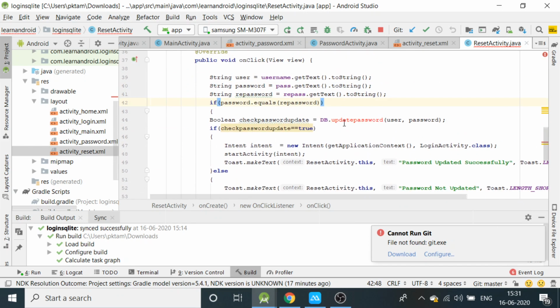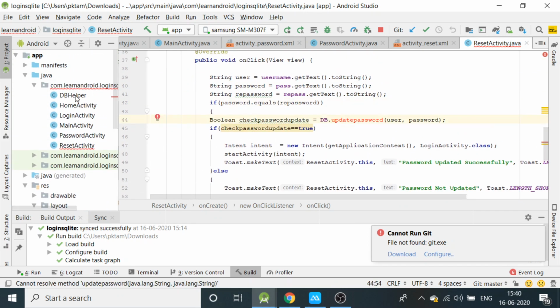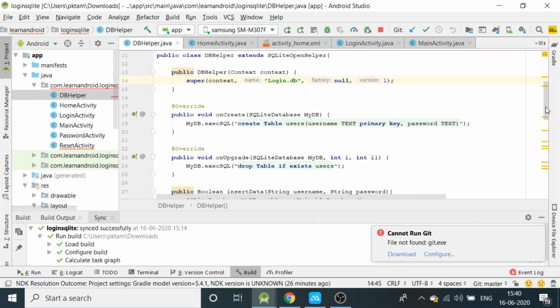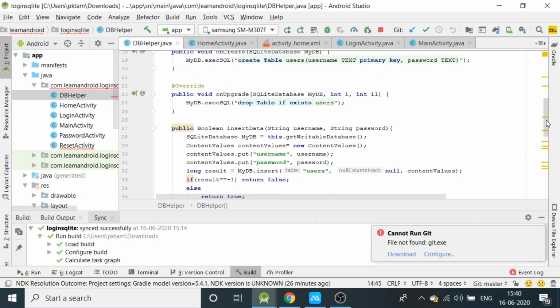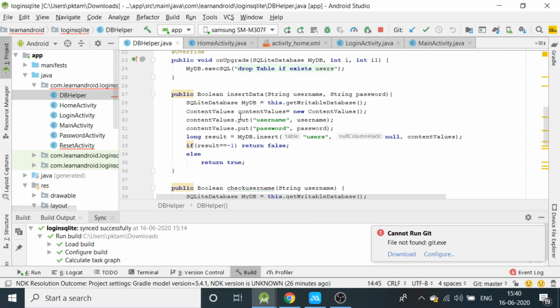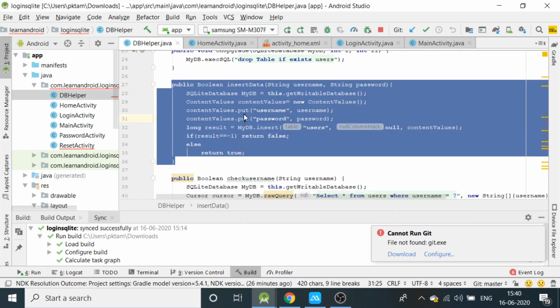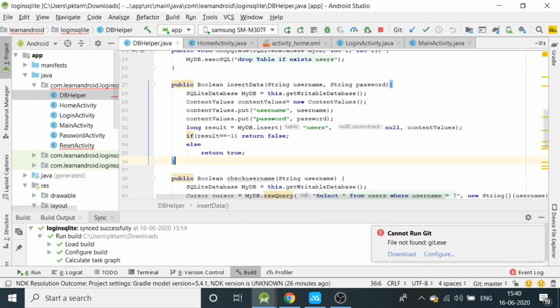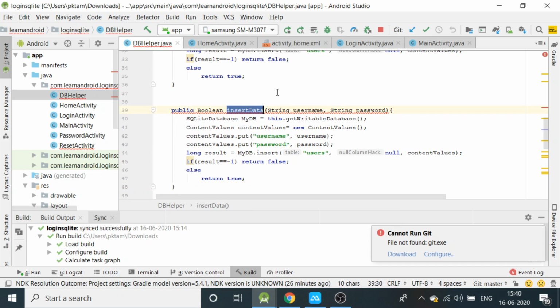Now we have to create the updatePassword in our DBHelper class. So let us go to DBHelper. We'll copy this insertData method and paste it below that. We'll change the name of insertData to whatever name we have given in the reset activity, that is updatePassword. We'll delete this contentValues put because we don't need the username. We only need to set the password.